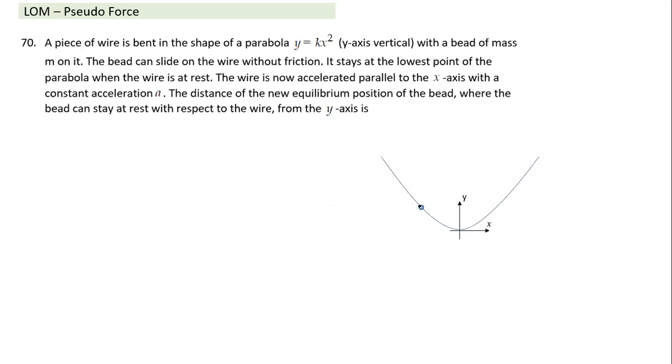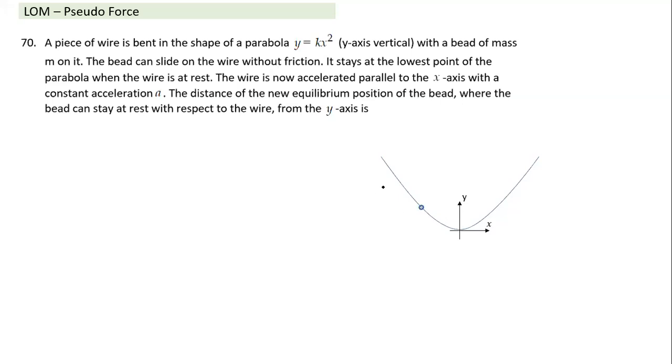And there's a bead here. A bead is something you can imagine like a necklace. A bead is threaded on a very smooth wire, and it can slide without friction. If we put a bead here, automatically it will come to rest at the lowest point. Only at this lowest point will the bead remain at rest.